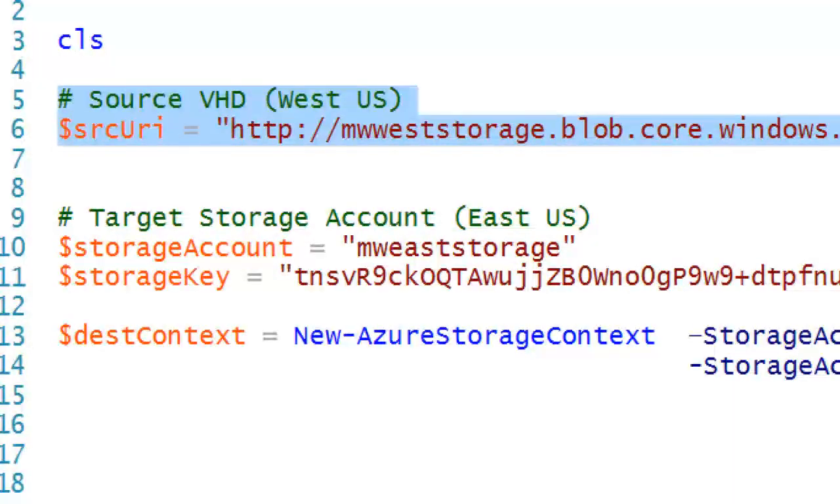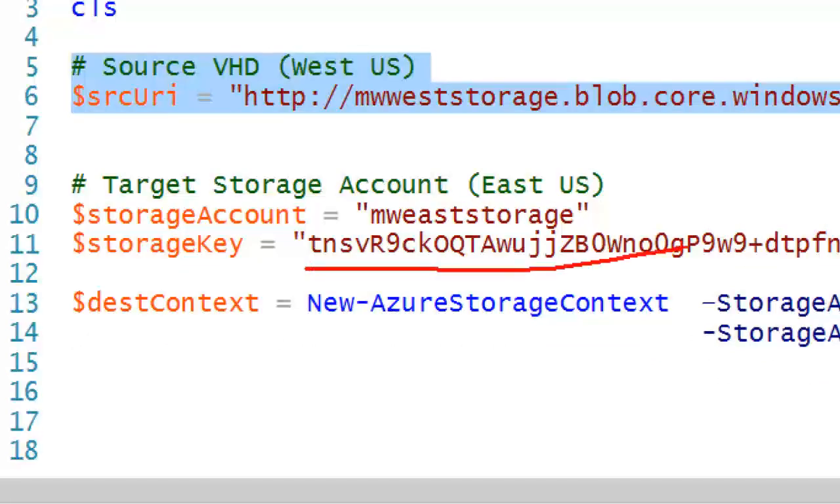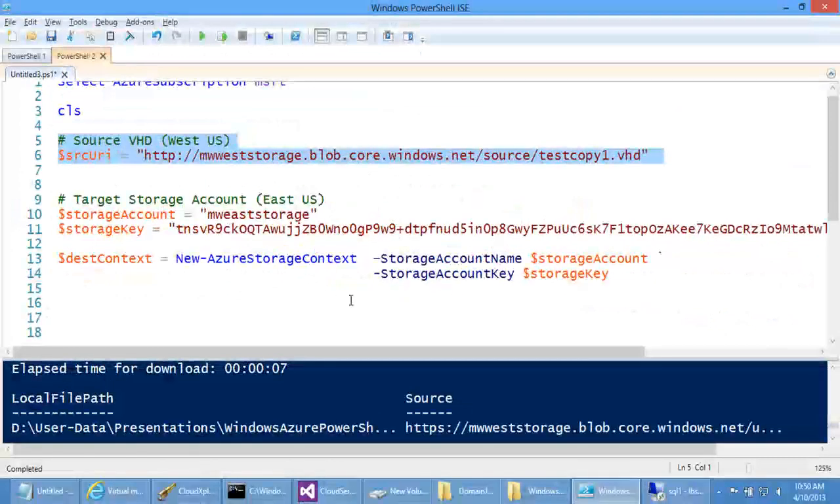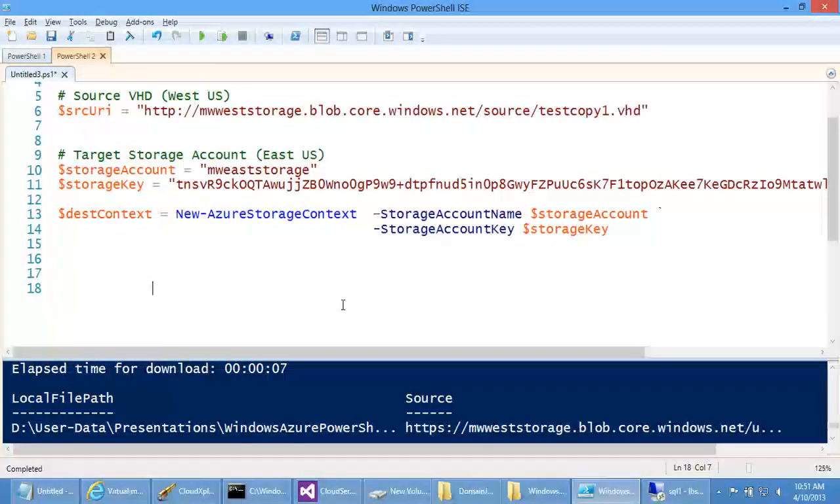and I need to get the storage key. And you can retrieve that key by calling the Get Azure Storage Key commandlet and giving the storage account name, and it'll dump out the primary key you can use for authentication. From there, you need to create a storage context. This basically tells the commandlet which storage account to use for the destination copy. Once you have that set up,